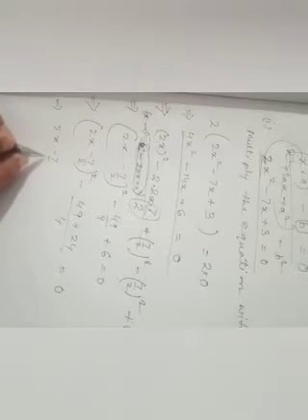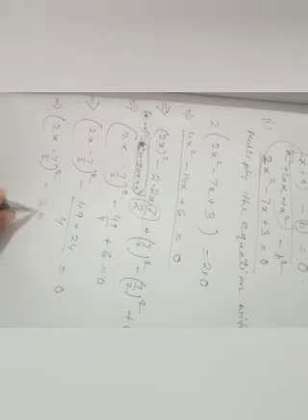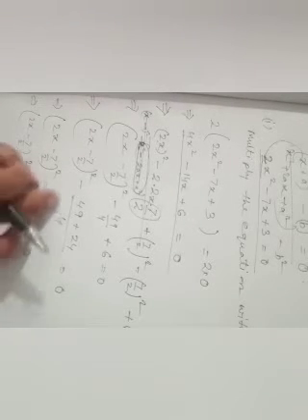Now we get in the next step 25 by 4 is equal to 0. Now you see, minus 20, bringing this minus 25 by 4 to your right hand side, it will change its sign and it will become 25 by 4.